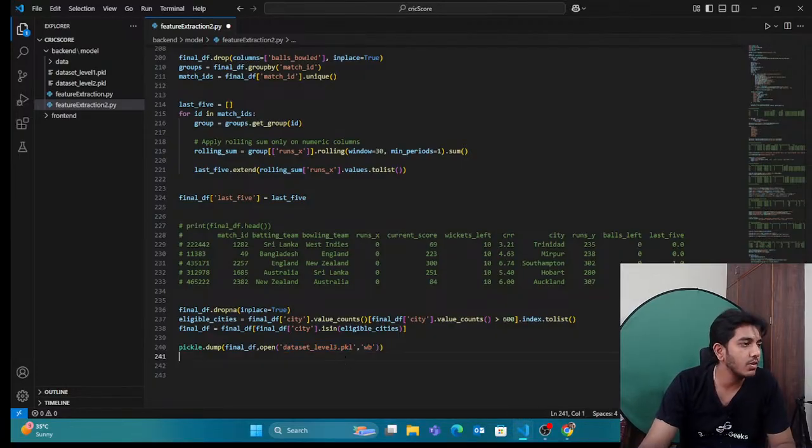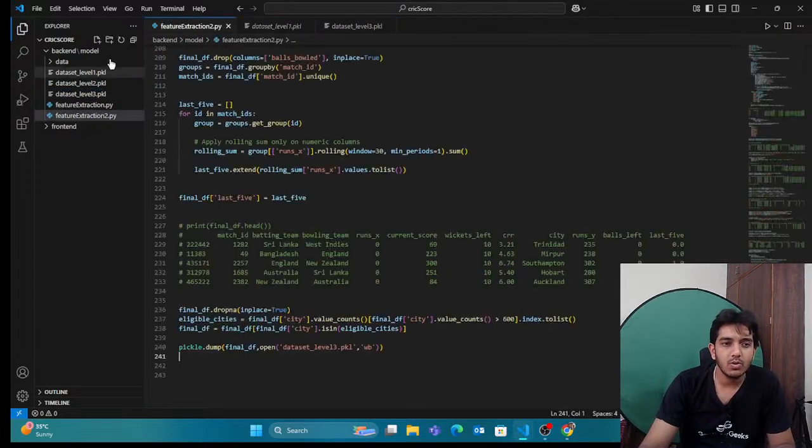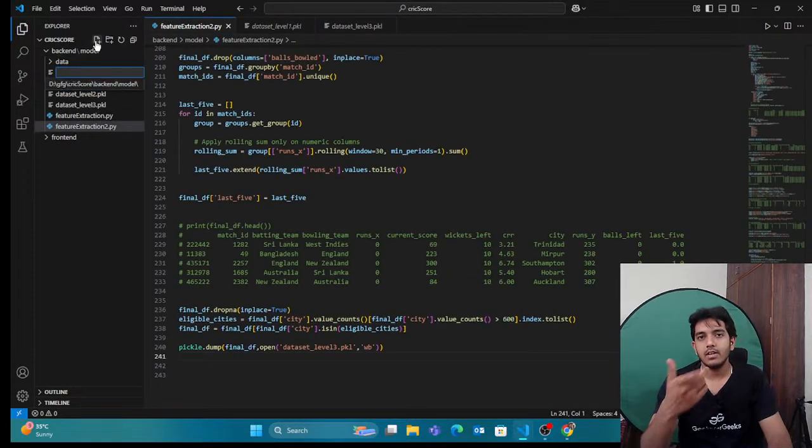Fine, perfect, looks good, right? So at the end, I'm going to save it to dataset level3.pkl. All right, so now I think it looks good. Now after this, guys, we're going to create a file which is feature extraction